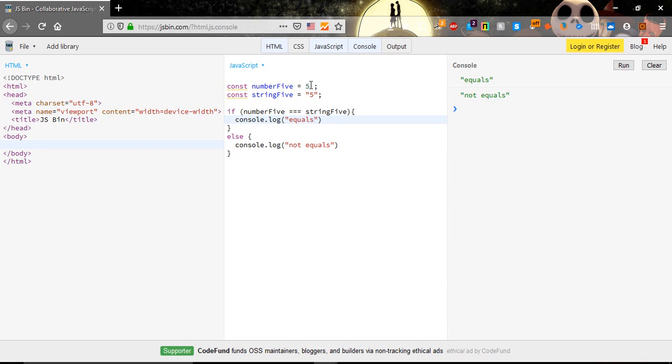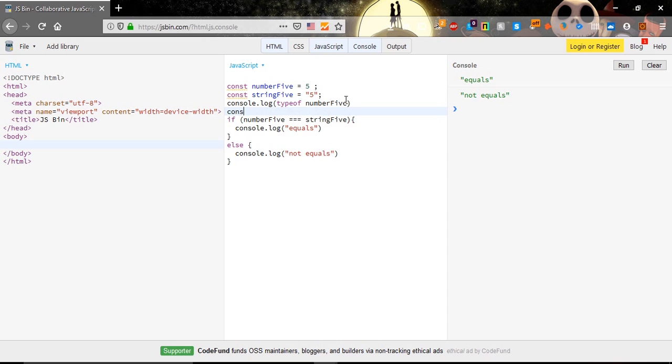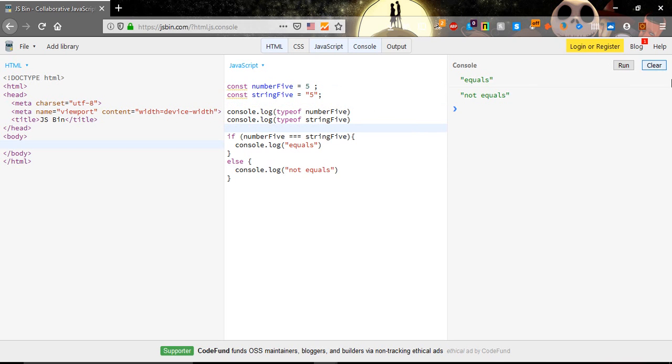Why not equal? We have 5 here and 5 here also. Basically what the three equal sign means is that it compares the value and also the data type. To know the data type of a variable, we type console.log, then typeof, and after that the name of our variable. So typeof number 5, and here let's also show typeof string 5. Now let's clear and run this, and we see that number 5 is a number and string 5